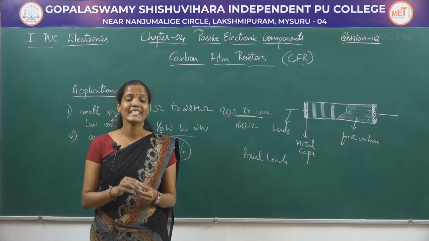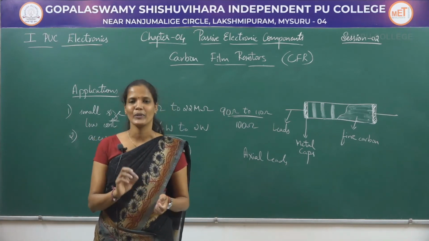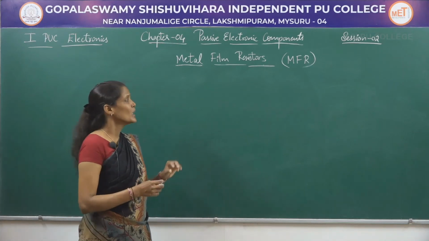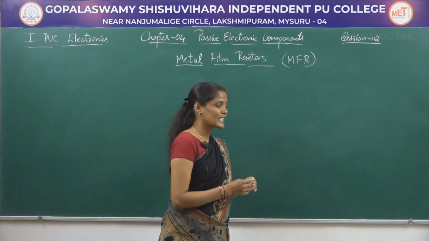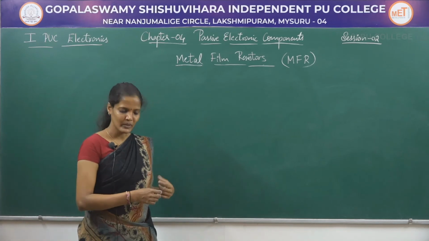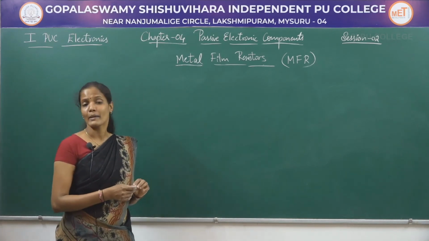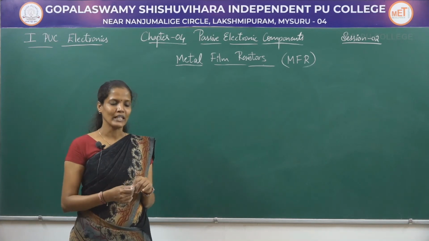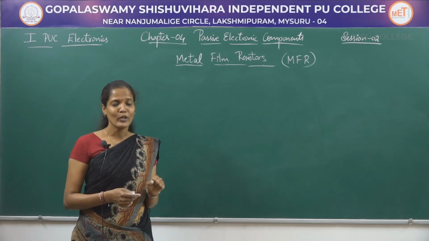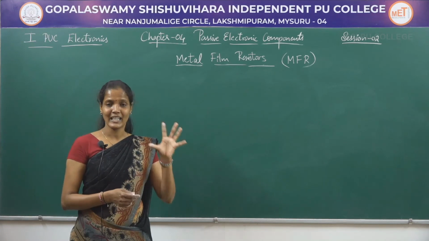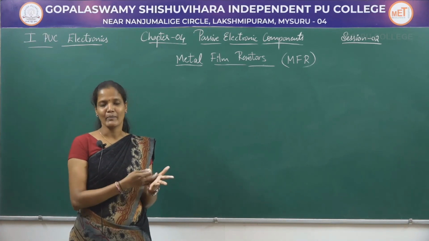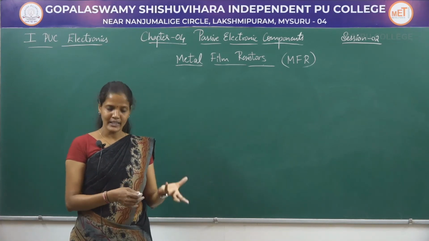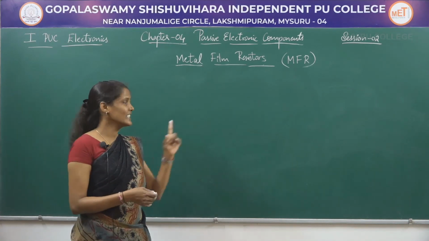Now let us see the next type of fixed resistor, that is metal film resistor. This metal film resistor is another type of fixed resistor which is usually represented as MFR, that is metal film resistor. Just now we saw a carbon composition resistor. In that, I told you that depending upon the material I am using to construct, accordingly the resistors are named. That is, I am going to use the carbon particles in the carbon composition resistor,